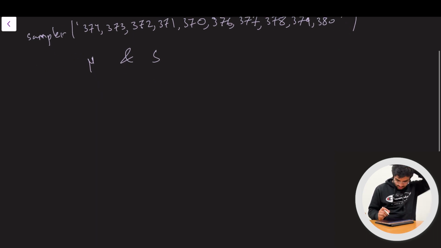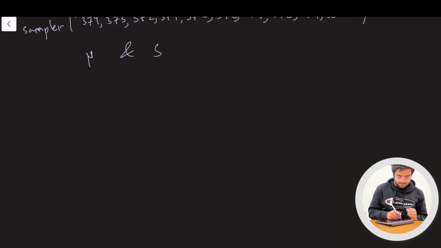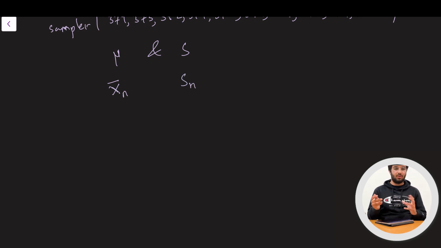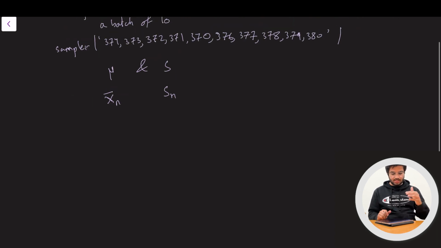You find that this sample mean, which I will say is x bar, that's how you technically call it, for n samples, and I'll start calling this as n, as in the sum of the samples. You start seeing that they are distributed in a way.